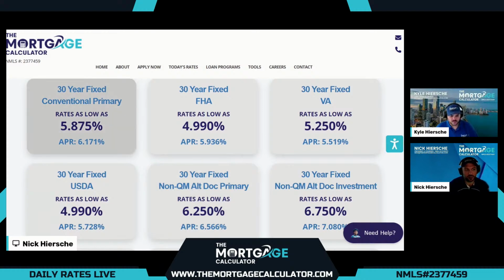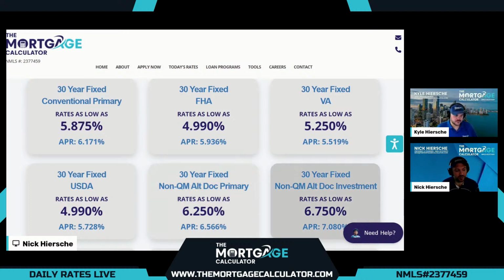So if our customer doesn't qualify using 2 years of tax returns, standard documentation, and needs to switch to alternative docs such as bank statements, 1099s, P&Ls, all the different types of income we have, they can use this program. Rates as low as 6.25 today for a bank statement program, usually the lowest option here. Final APR 6.566. So notice we're within a half a point of conventional to switch to using alternative docs. So great option for our customers that need to use it.